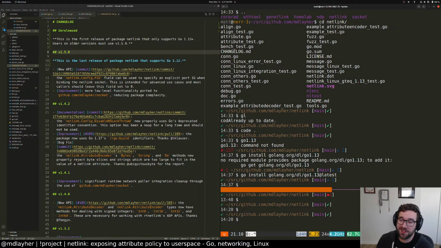GitHub sponsors get access to your LTS branch. I don't have an LTS. I just say, you know, there's no support. Nobody has paid me for support. So,